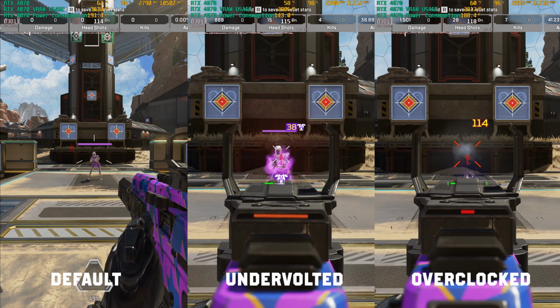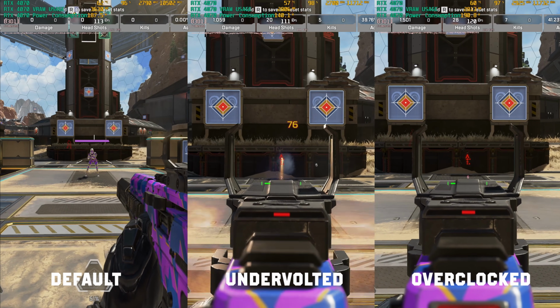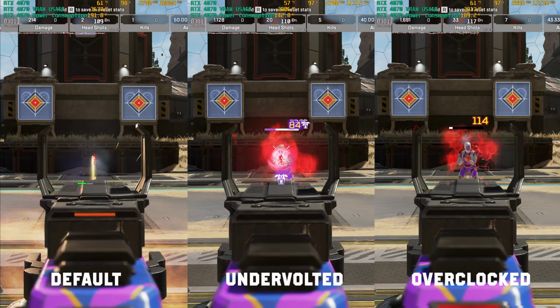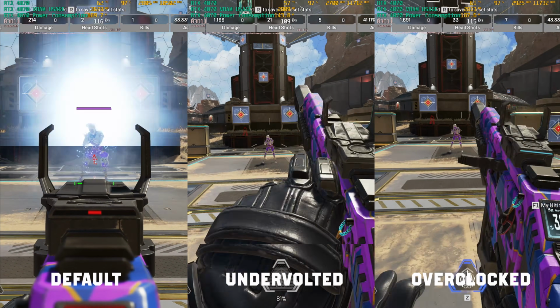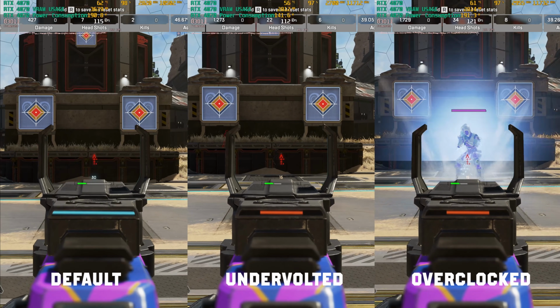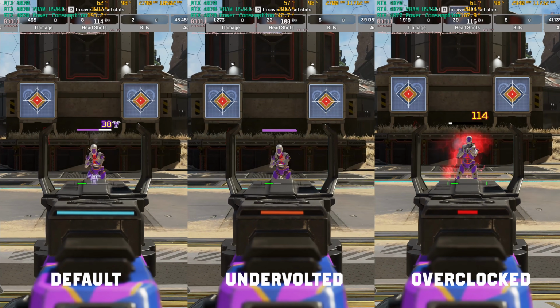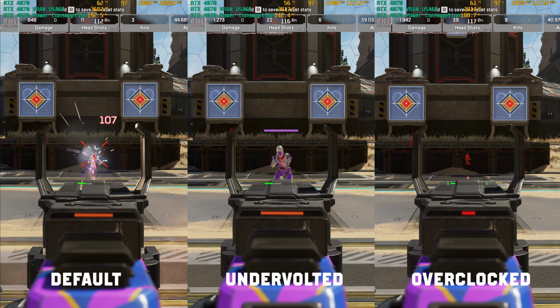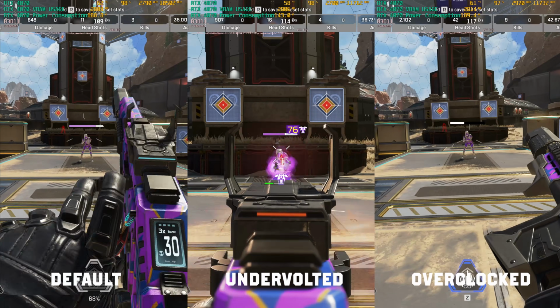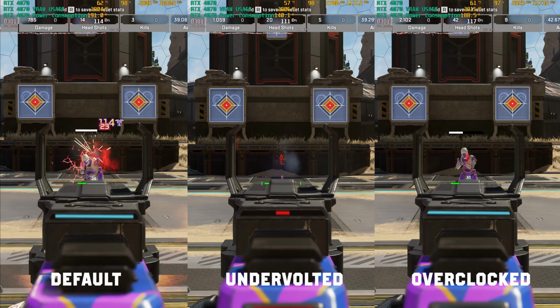And now for the final title we got up here is Apex Legends, 4K max settings on this 4070. Let's see what it can do. We're just using the firing range just to keep things completely apples to apples here, as to not take away from showing a different scene where the FPS could vary greatly. So you can see here roughly 110 to 115 average FPS on the default profile, using close to 190 watts